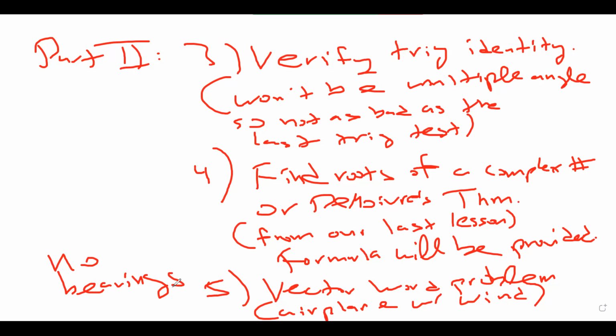So what I will say is, you're going at 300 miles an hour at a direction of 120 degrees. So go 120 degrees from the positive x-axis, rotate counterclockwise and go that way. Or say you're going 240 degrees, so you rotate 240 and go that way. That won't be that bad. It'll be pretty easy. But some of these problems, like the verified identities, can take a while. The vector word problem might have multiple parts. Again, the last one,